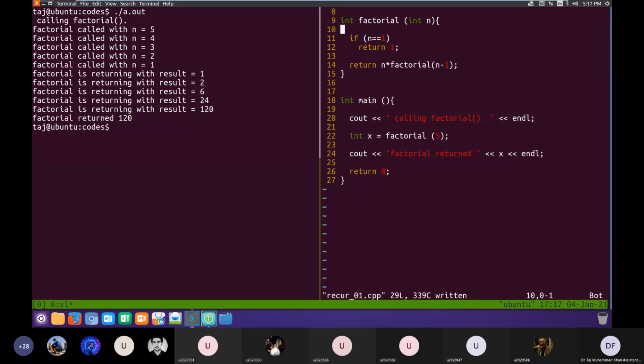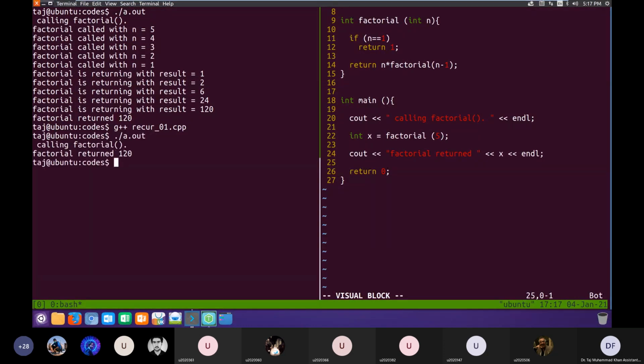How simple this function looks. It's exactly the same function. I have just simplified the code, and this function calculates factorial. Okay, so let me compile it again and see, factorial returned 120. We can even skip these printfs and make our code more compact.